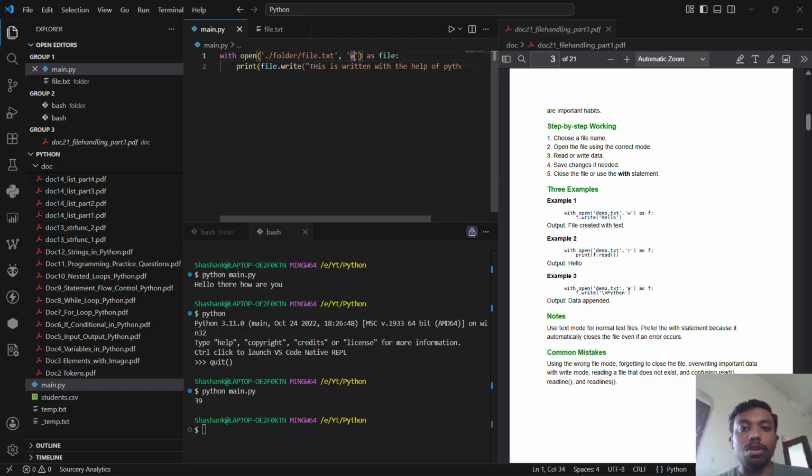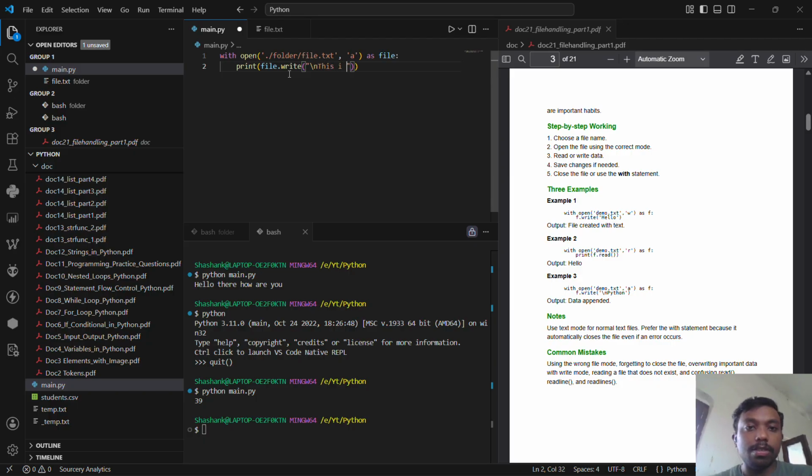And let's suppose I want to add a new line after this, because write mode will always erase all our data and rewrite it. So basically, instead of write, you can say rewriting. Now here, A stands for append, which is for writing after the data that has already been written. So let's say we have to choose \n for the next line,